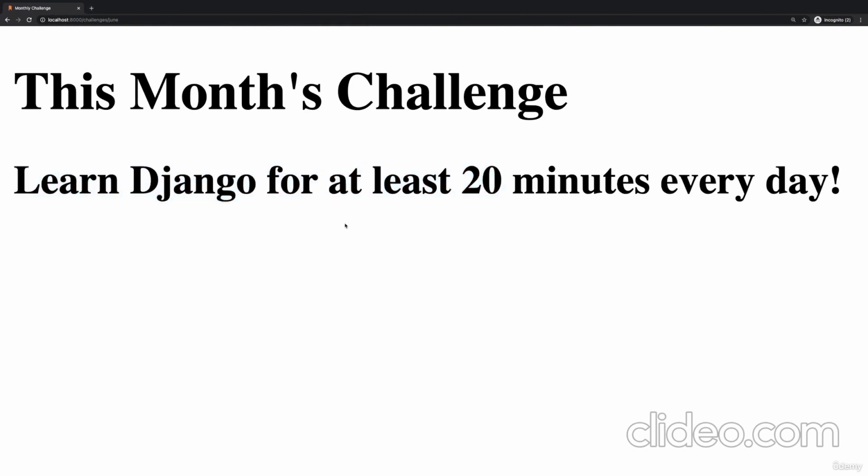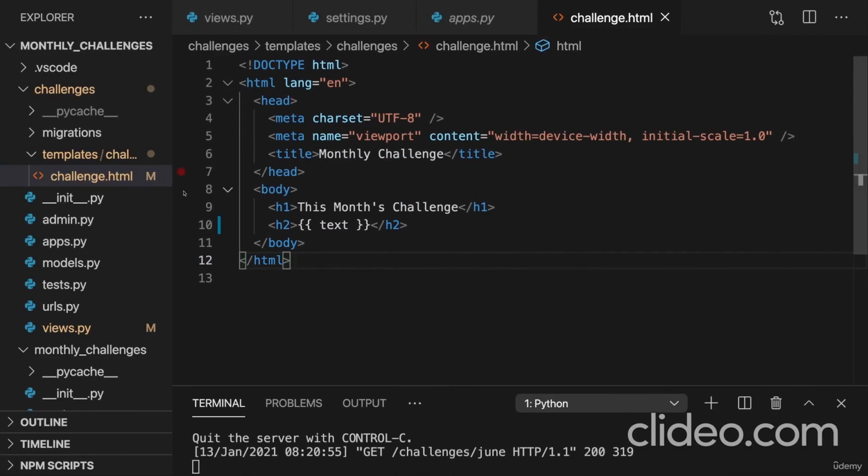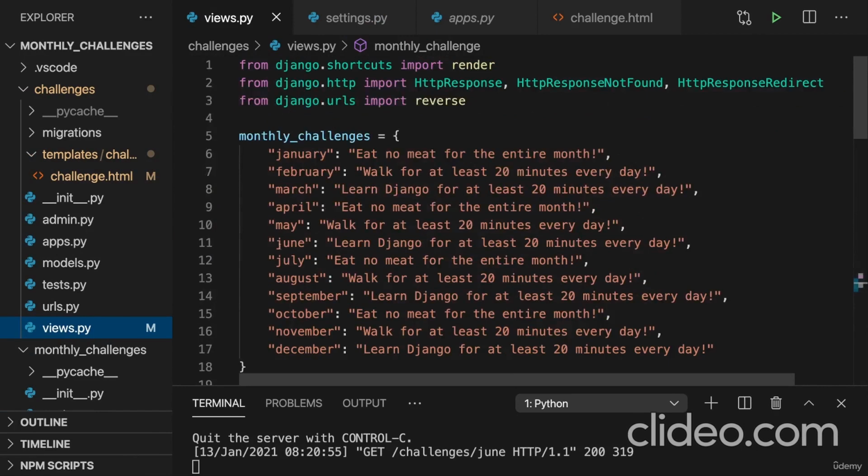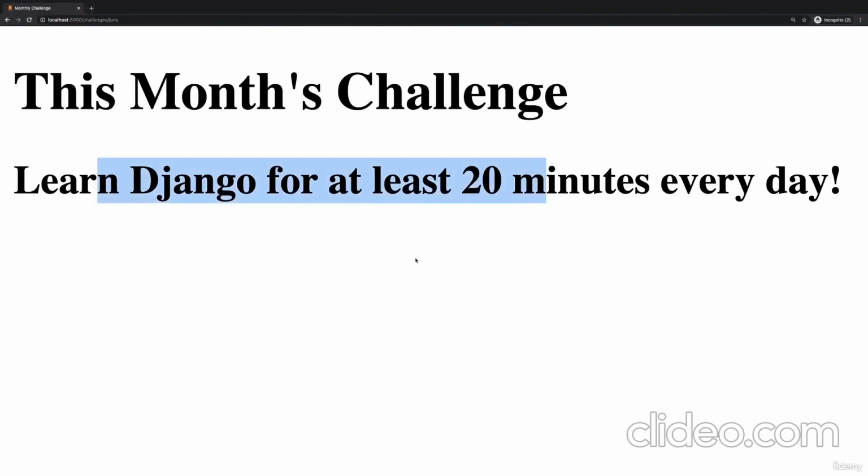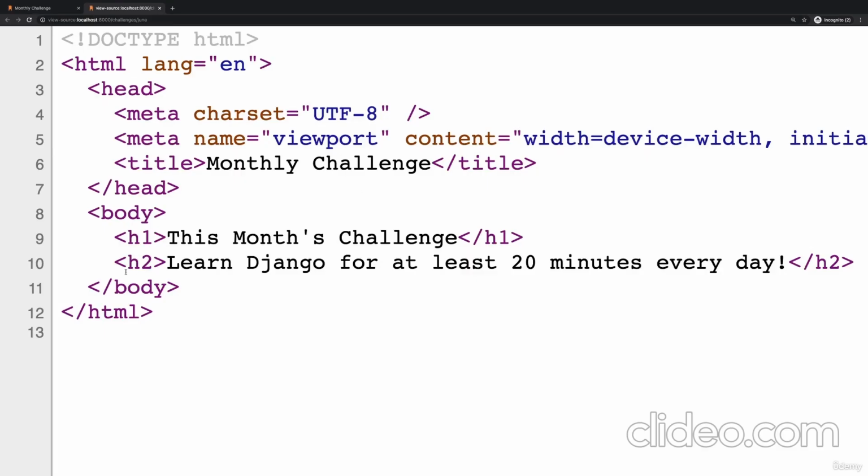It's now the text for June. Learn Django for at least 20 minutes every day. That is our June text here. Now, if you inspect that source code here in the browser, you will see that there, this looks like hard-coded